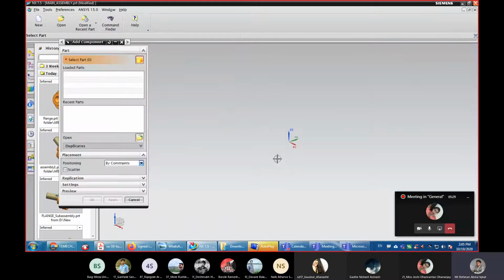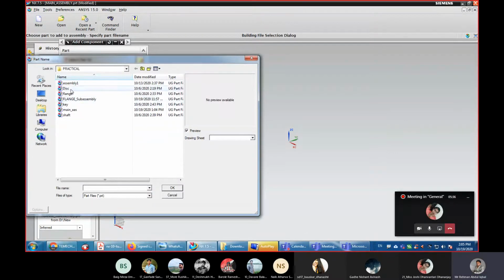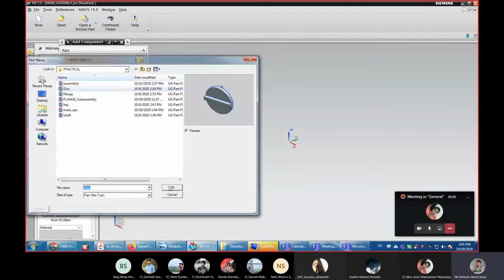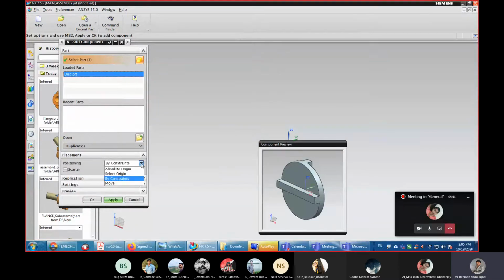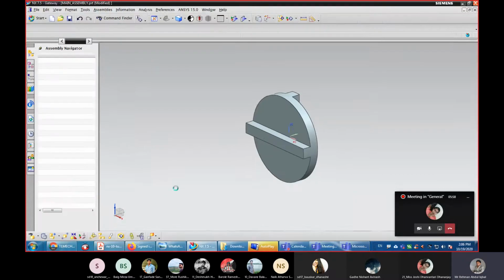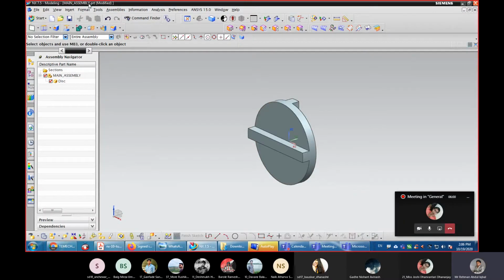Click OK, and the first part will be the disk. Click OK, and it is with absolute origin. Whenever you are loading the first part, load it with absolute origin so that its origin and the origin of the assembly will be the same. Click OK.